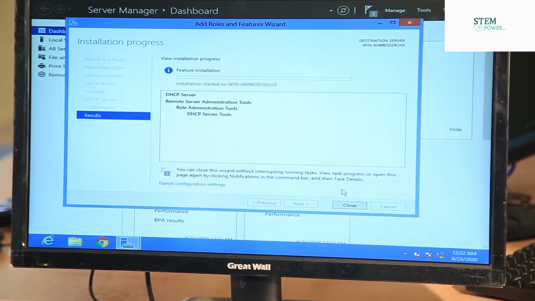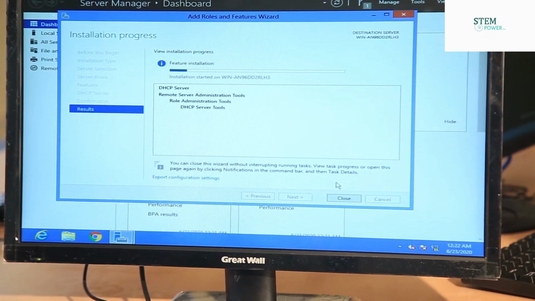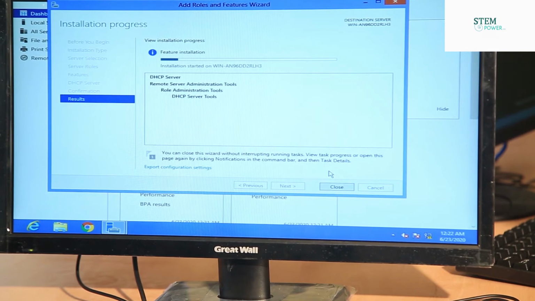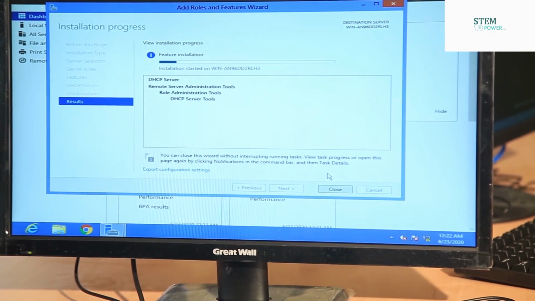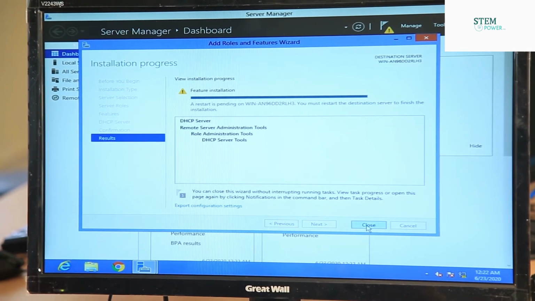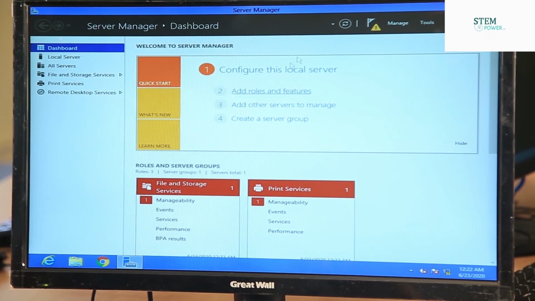Then you will press on the tools menu and press on the DHCP. On your DHCP window,